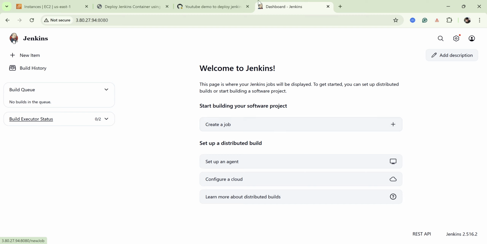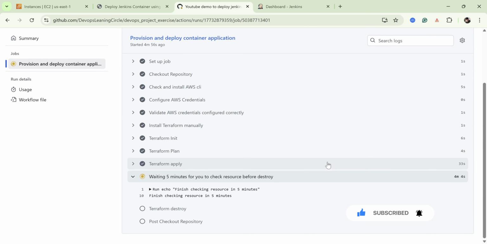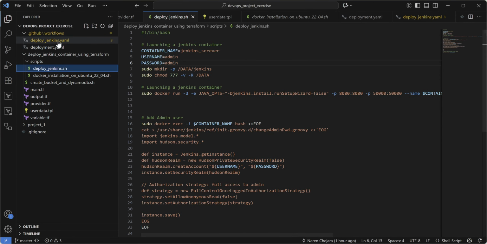And at the end of the steps in GitHub, it is supposed to destroy all the infrastructure after the 5 minute sleep. So we have 1 more minute before our infrastructure that was created by us is destroyed. So let's wait for 1 minute, and during this minute we can also discuss something